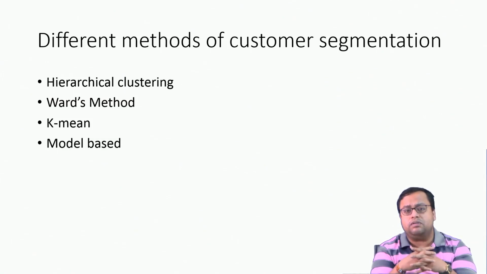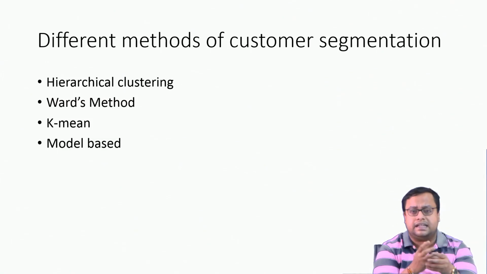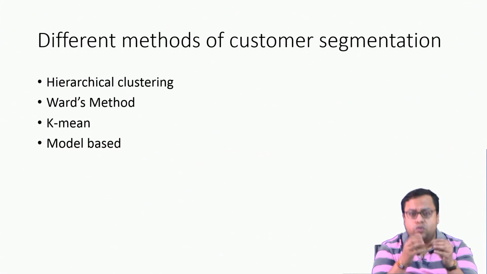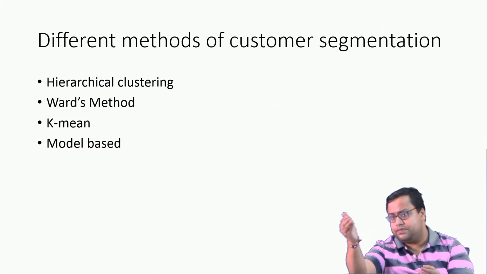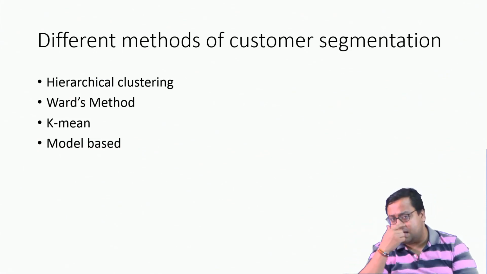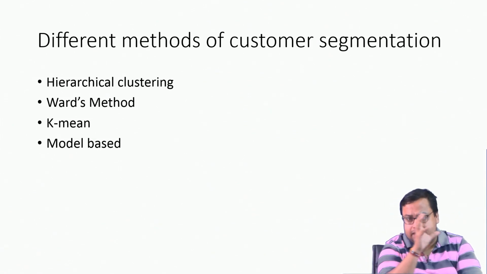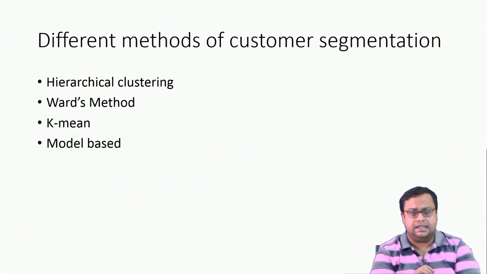So let's say I found out there are certain people who are price aware or price conscious, and then there are certain people where some other kind of behavior comes up. Now, who are they? What is this person? If a new customer comes in my retail store, how will I identify whether this guy is segment A or segment B or segment C? So, for that we have to name the segments.